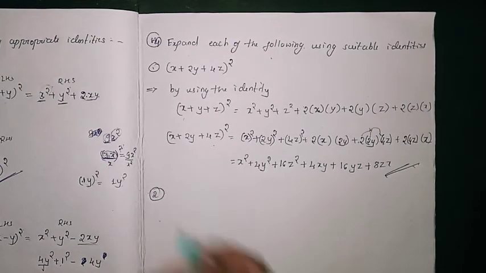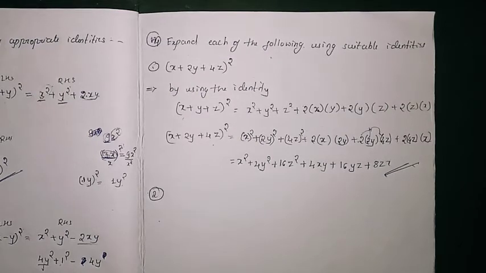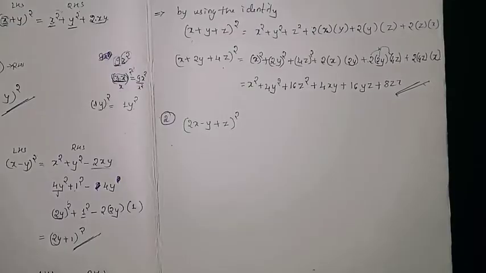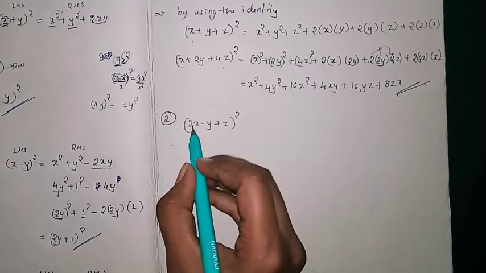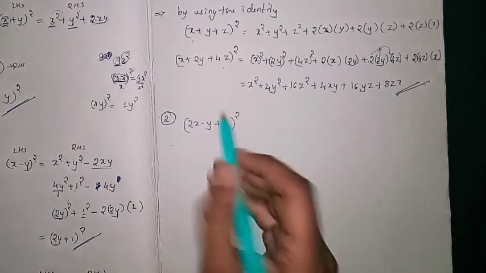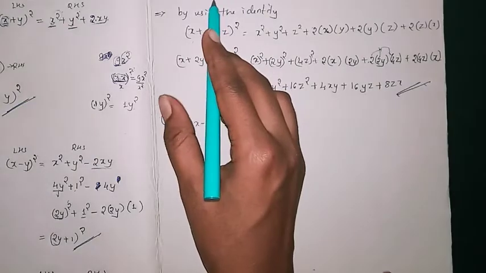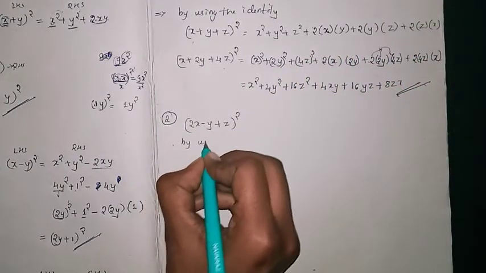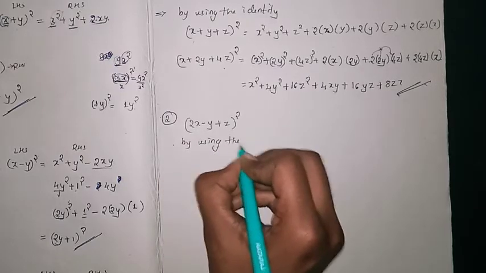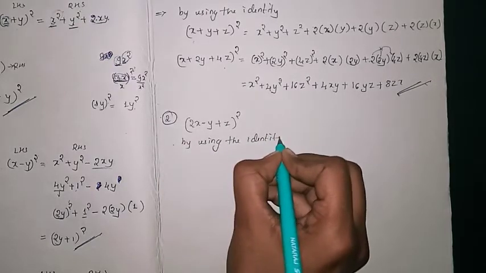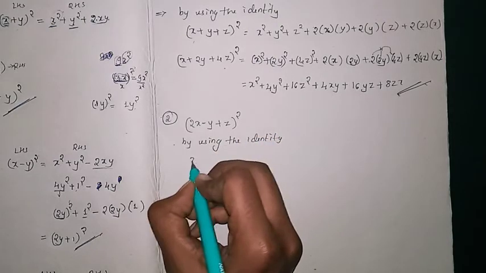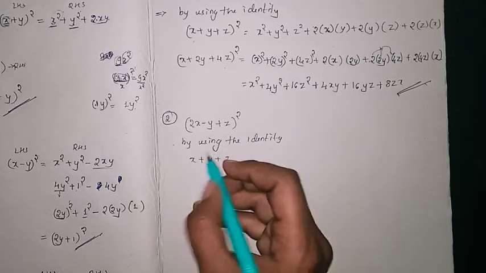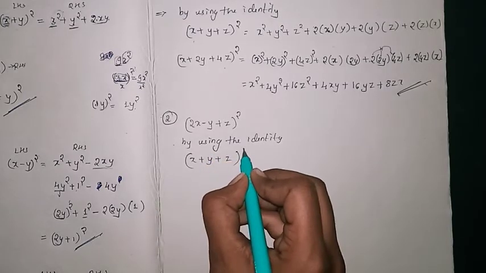So this is the first problem of fourth. So just move on to the second one. Here you can observe there are three terms x, y, z, but the sign is negative, so we can use this formula only. In that we will change the sign. So by using the same identity, before also you have studied how to adjust the formula. So we will use x + y + z, no need to worry, in the bracket we will consider the minus 1. So (x + y + z)².